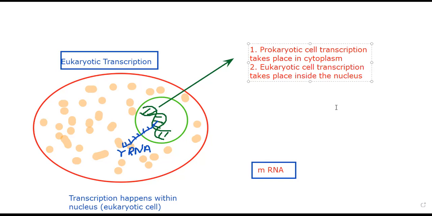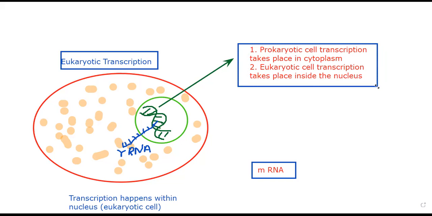In a prokaryotic cell, the nucleus is not there, right? So no way, their transcription takes place in the cytoplasm. In the eukaryotic cell, transcription takes place inside the nucleus or in the nucleoplasm. But when we go for protein synthesis, which is followed by transcription, for both prokaryotic and eukaryotic cells it always takes place in the cytoplasm. So don't you worry, we will do those things after we complete transcription.